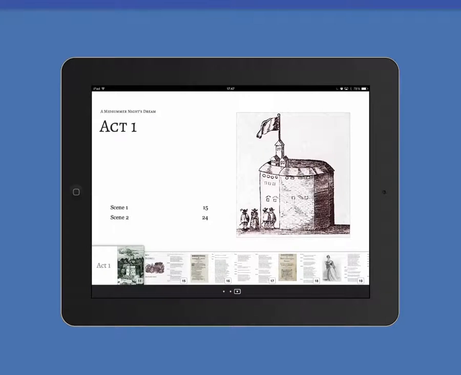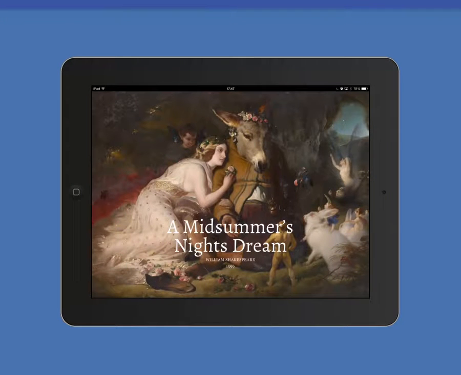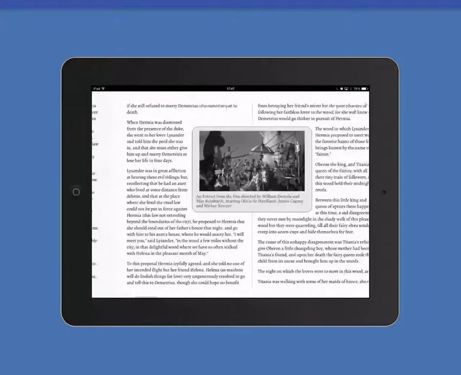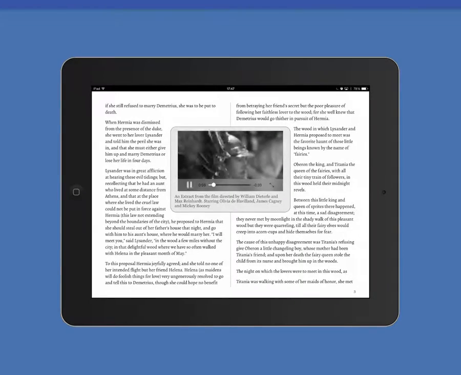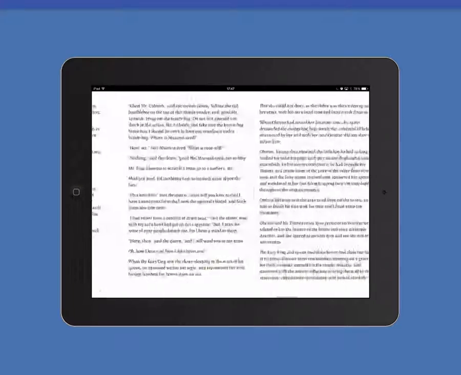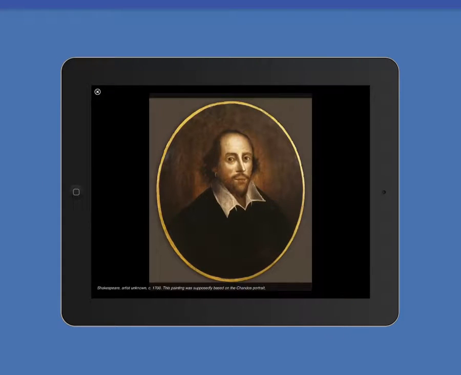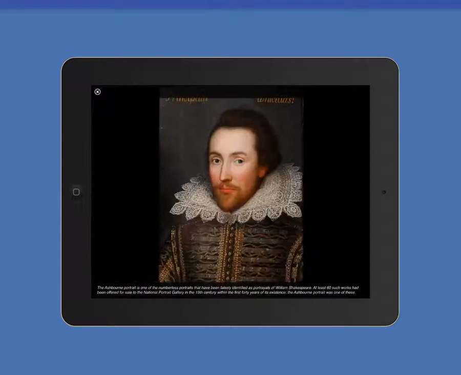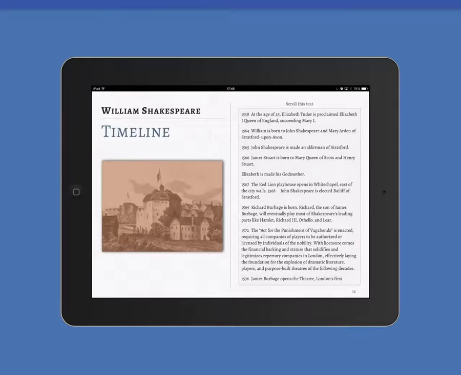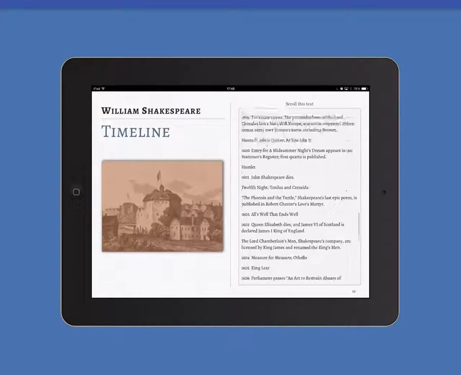So let's actually go to the table of contents and go back to this page here. Here's my title page, and here's my video. Now we also have the ability to add other kinds of widgets. So for example, here is a widget which gives me a sequence of images, portraits of Shakespeare, a scrolling timeline there, the life of Shakespeare,